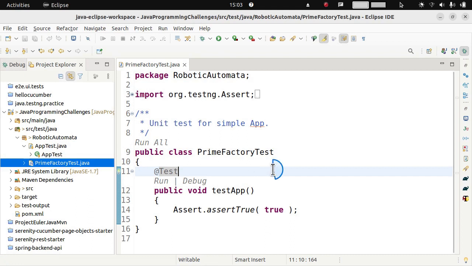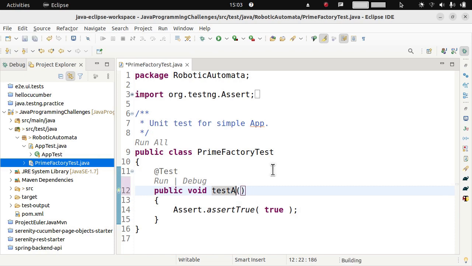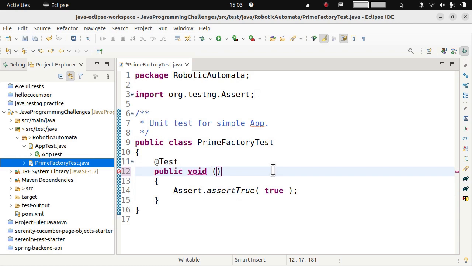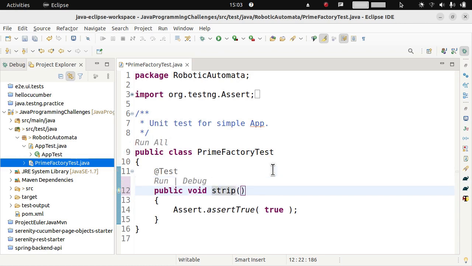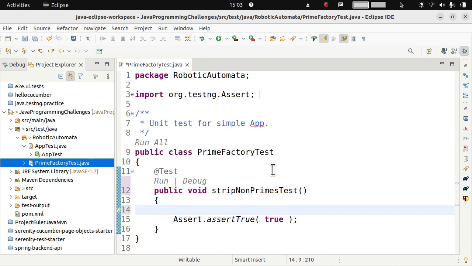A little bit bigger for y'all to see. So now I believe I will want some sort of method like strip non-primes, and then we're going to do a test for that method. So we want something like a list of integer,